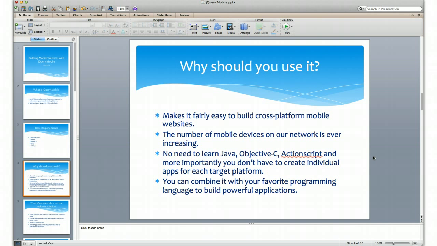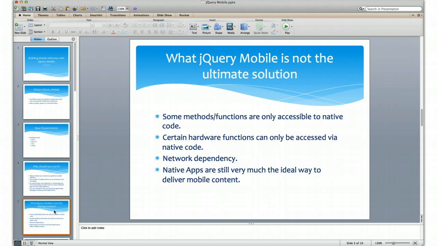So that just makes good business sense and is probably one of the reasons we even started looking at jQuery Mobile. Now, having said that, is jQuery Mobile sort of the ultimate solution? Unfortunately, it's not. That's because there are certain methods or functions that are available to native code that are not available to